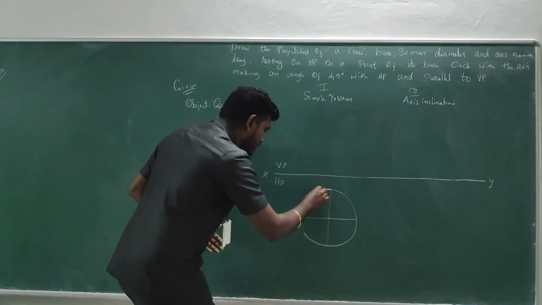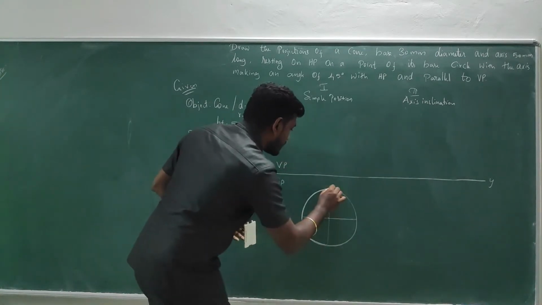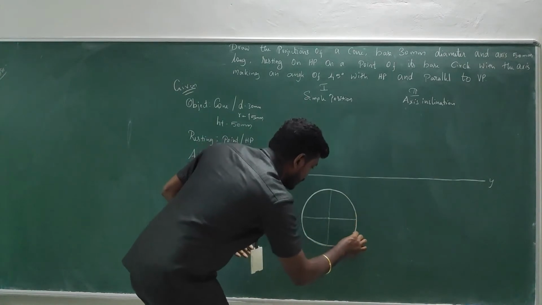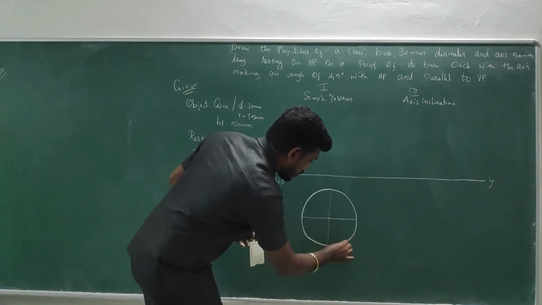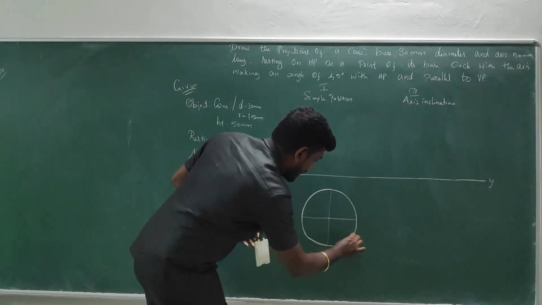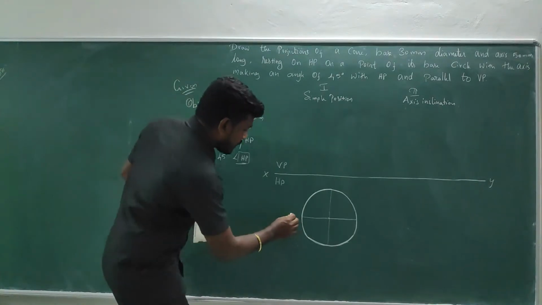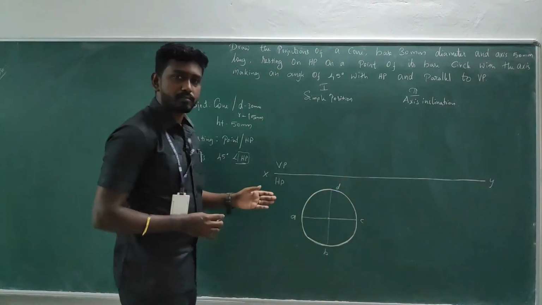So this is the trace, so you can make it a dark one. As far as a circular object like a cylinder or cone is concerned, we can keep it at any position, since there are no edges and corners, so there won't be any confusion. If you keep it at any position, naturally you will get the position. Okay, fine. I'm going to take this as A, this as B, this as C, this as D.